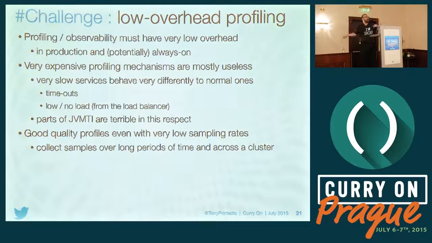I think I was in the Java org, and we were looking at some application that somebody was profiling, and they had enabled some JVMTI feature, I don't remember which, that was really slow. And basically the profile of the application was doing request too long, retry, request too long, retry, timeout, request. That's not helpful, because that's not what the application is doing, right? The application is not supposed to do real work. So any sort of profiling mechanism that takes too long, we can't take advantage of it. We can't run it offline.